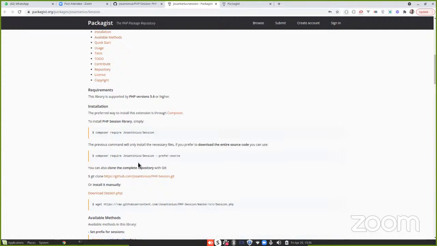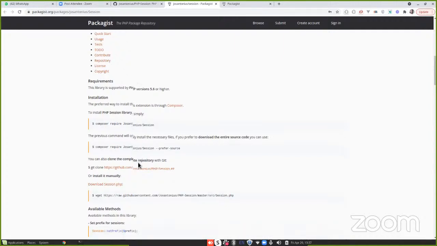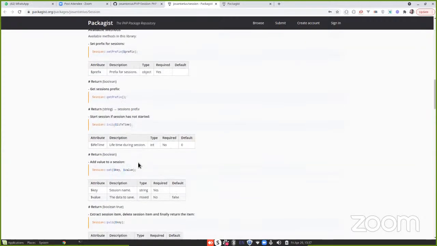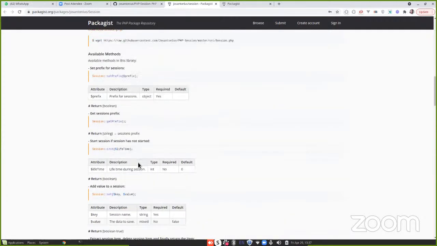If you want to just download the entire source code, you can just clone or do whatever you feel like doing with it. Okay. So now we do have